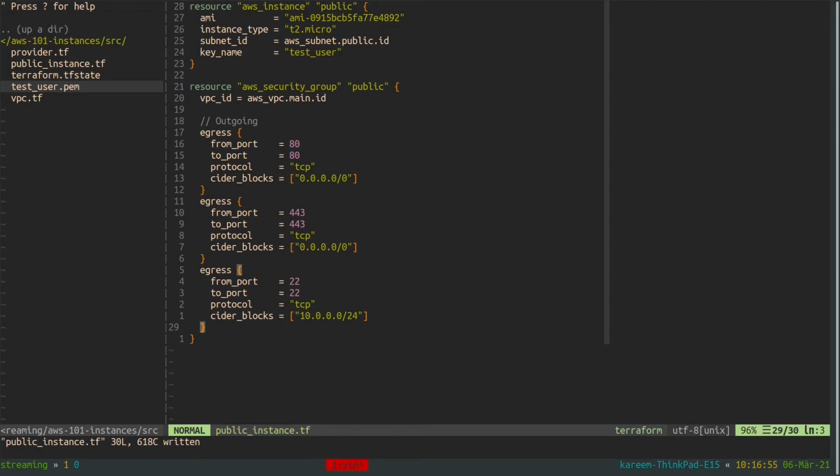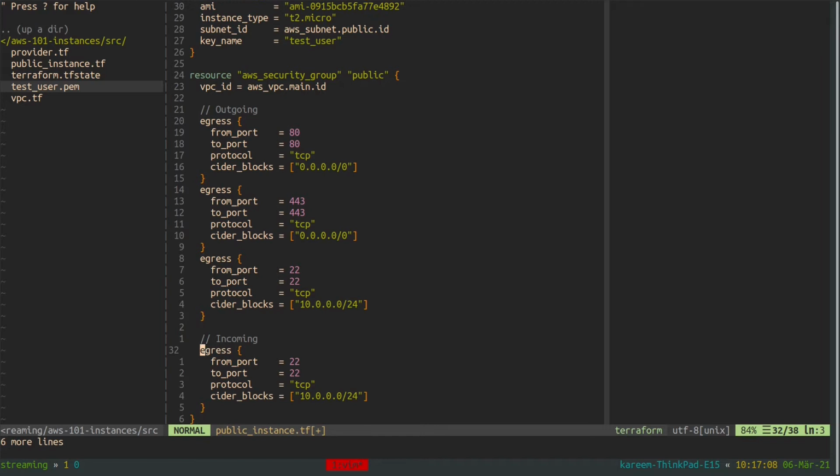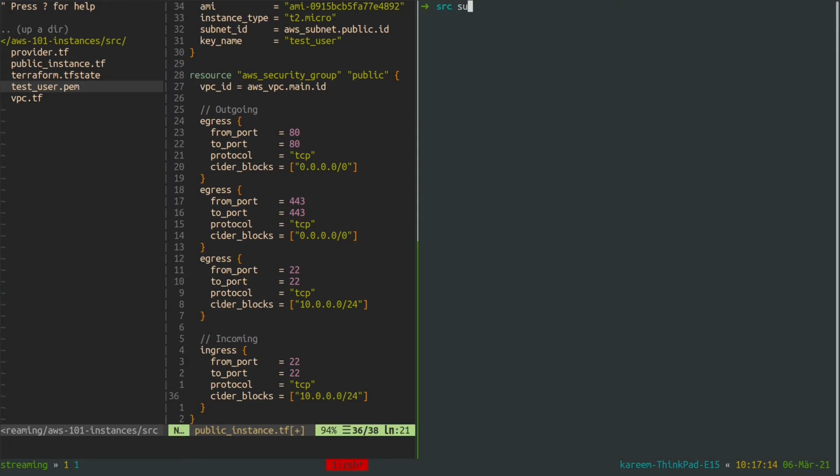And for incoming traffic, I'm going to only allow my IP address to access port 80 and port 22. So that's how you can find your own public IP address. There are hundreds of ways to do that.